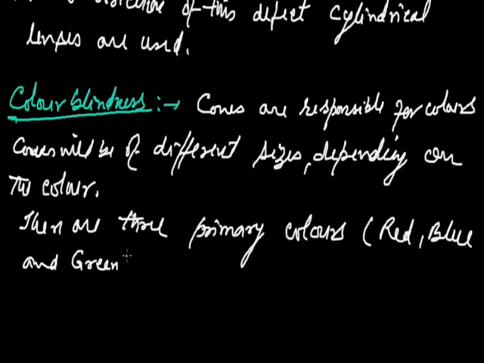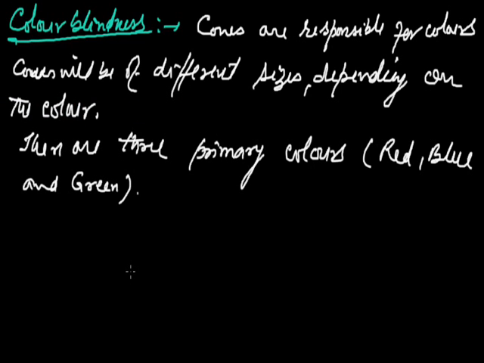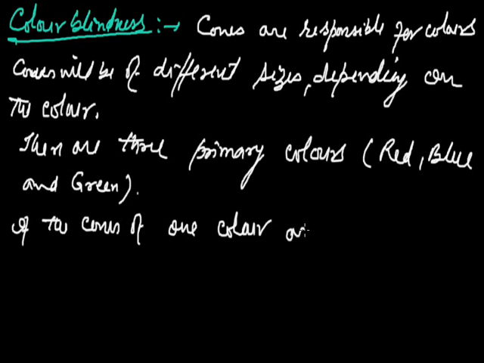All the colors are made up with the help of these three colors in different ratios of combination. If anyhow the cones of one color are absent,